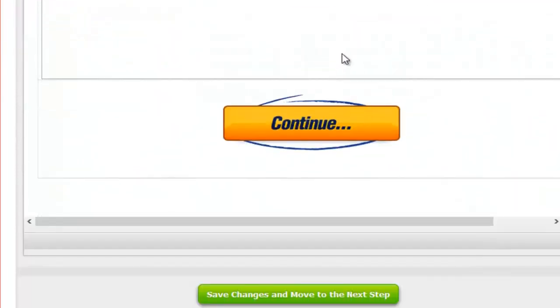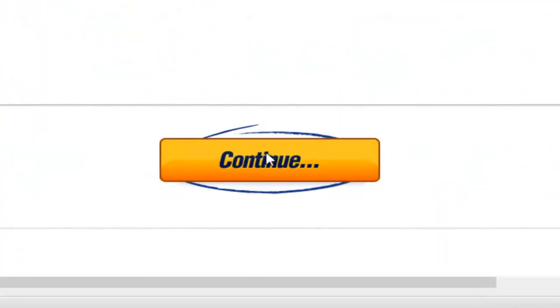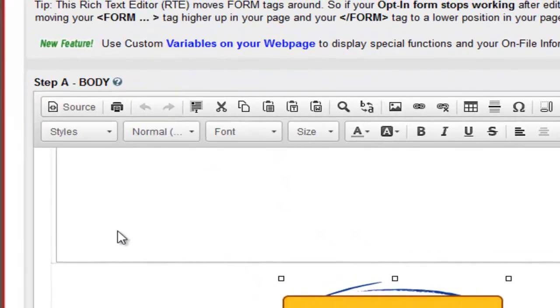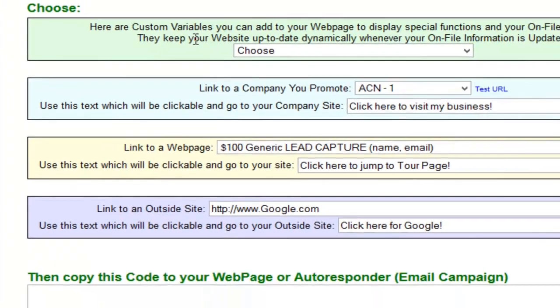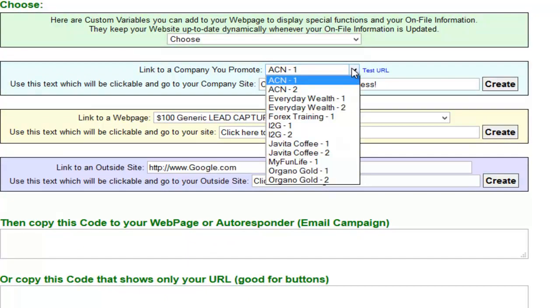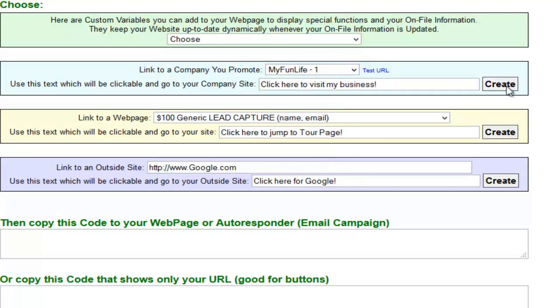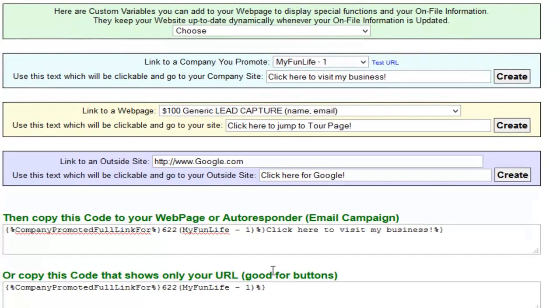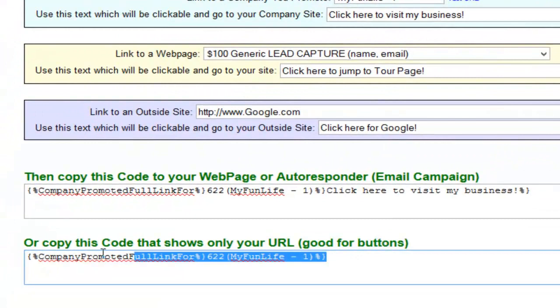The only other thing that I'm going to do is code this continue button. Now that's going to be really simple. Just highlight the button, and click on variables to your web page. Because I did that step at the beginning where I pasted in a URL for my fun life, it will show in the drop down menu. If I had skipped that step for whatever reason, that would not have been in this drop down menu. That's why it's important to start with your outside website URLs. So I'm going to choose my fun life. I'm going to click create. And you'll notice right here it says good for buttons, so that's the one you want. Just copy this